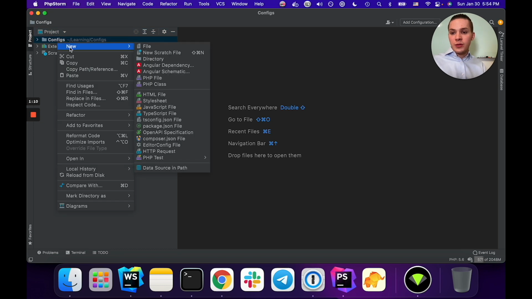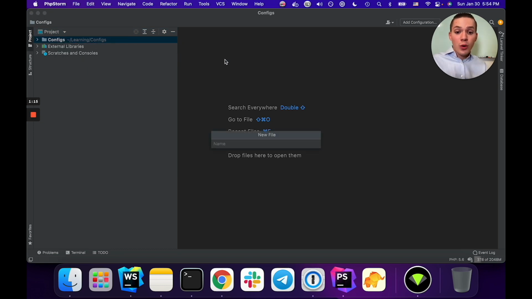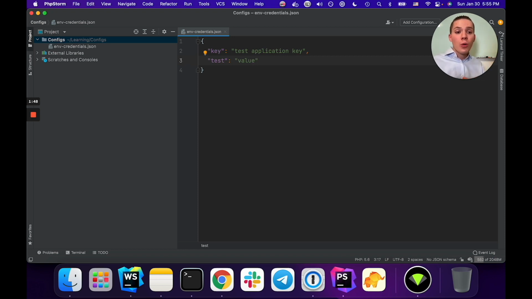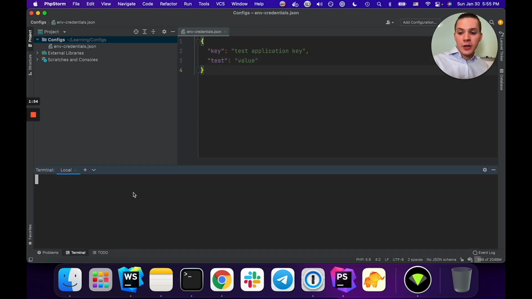So let's do the following. Press new. We will call the file env-credentials.json. So let's type it, env-credentials.json. So in this file, we will define some configuration, such as key. We'll call it test application key, and we will say test and value. So this is just a simple config, so you can have an idea how we're going to get this config file onto the workload. So once we have it, let's open our terminal right here,